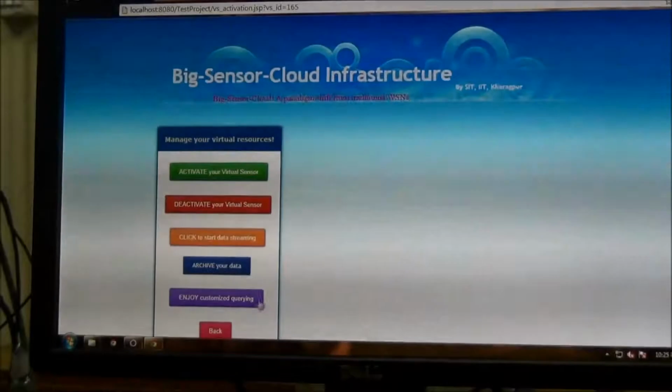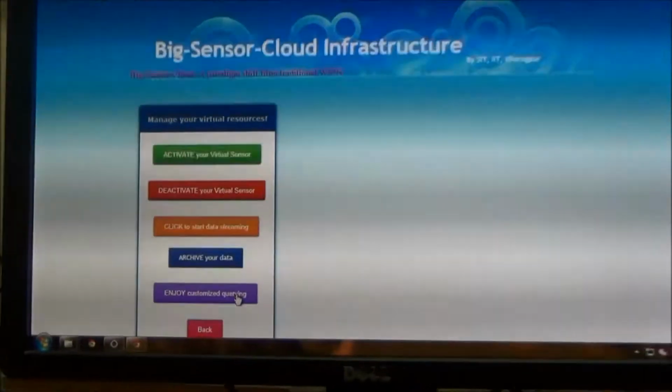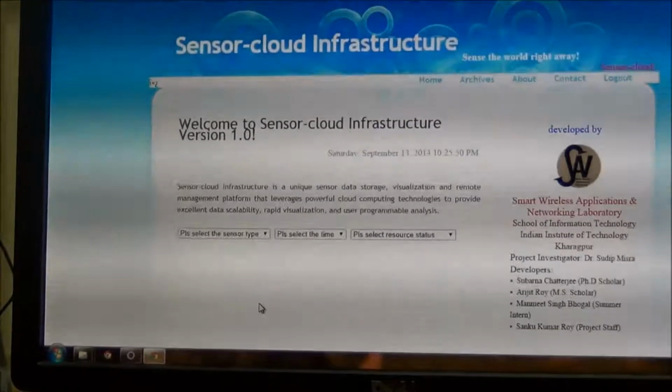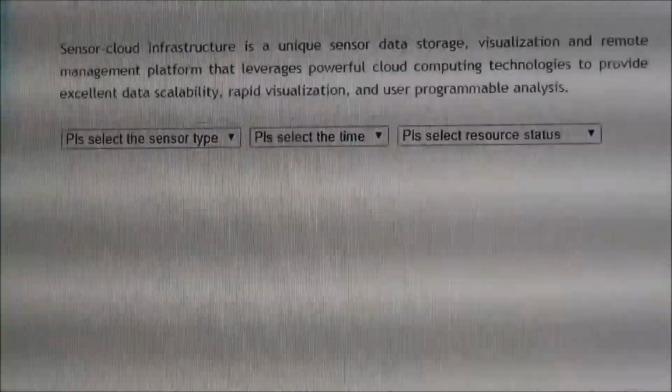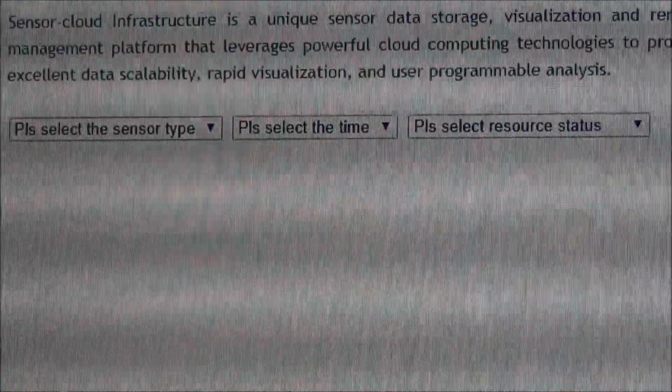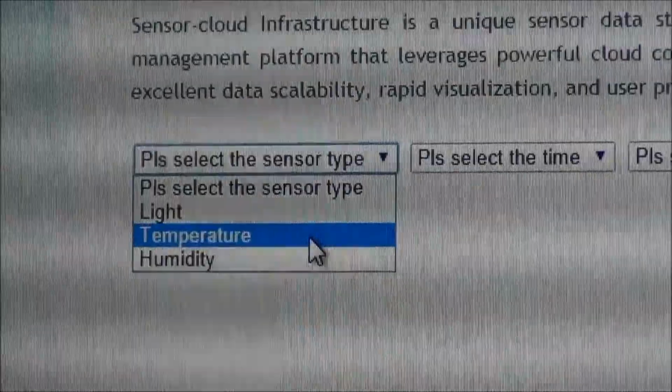The user can also enjoy customized querying on the readings by clicking this button. Here, the user can actually get results of his queries as customized to his needs. Say the user is interested in the temperature sensor.